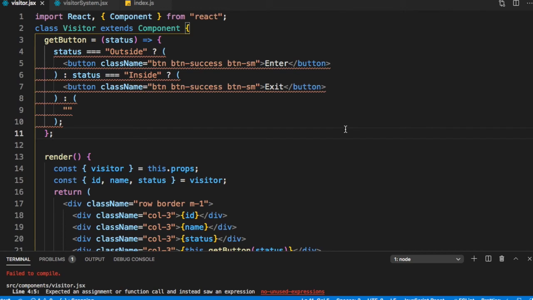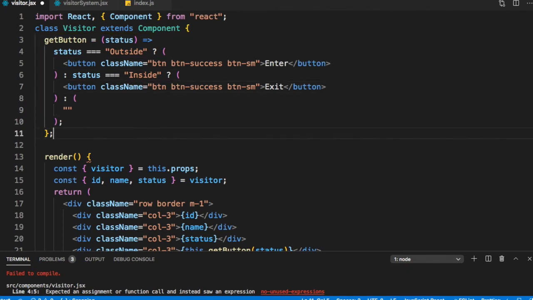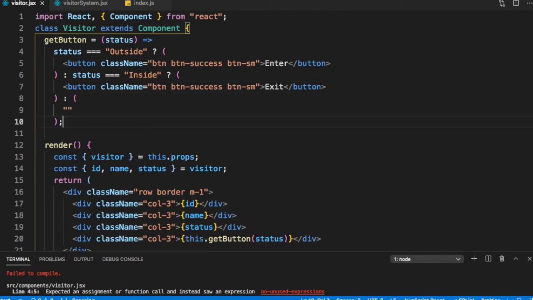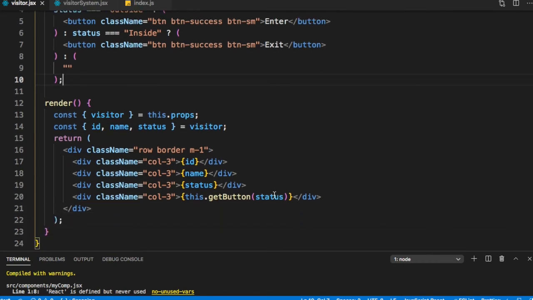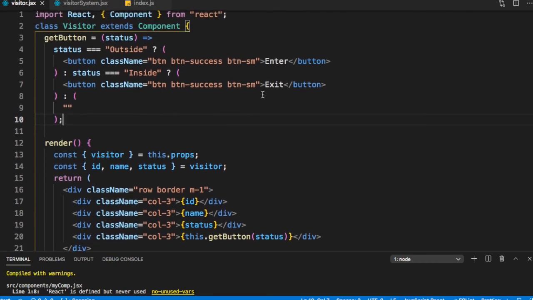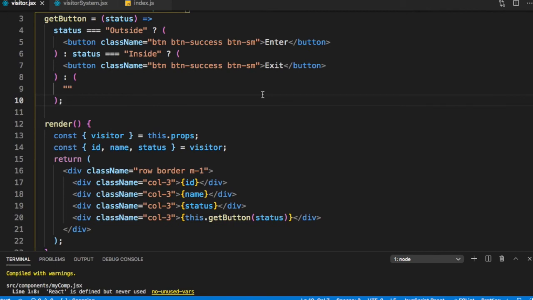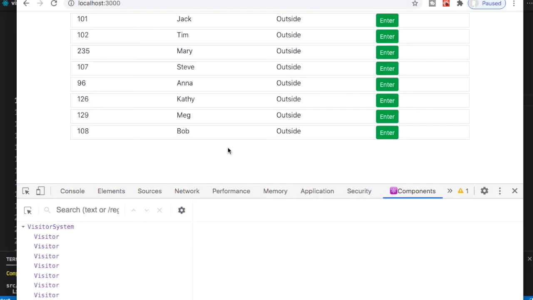So this is the structure of the code we want, and we can remove these from here and this should be fine. So we have gotten our button and we can show our button here. So this should render the first level. So let's test it out. So we can see the first level rendering is starting to work.